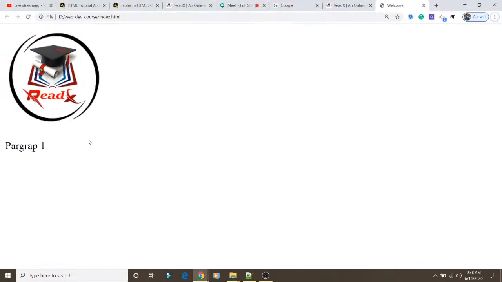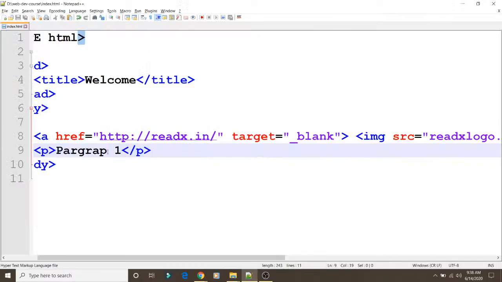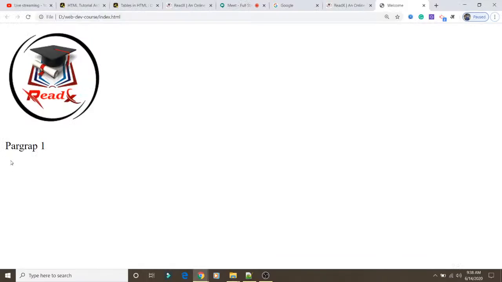After this paragraph 1, we want to give one line. Suppose you want to give the line over here.